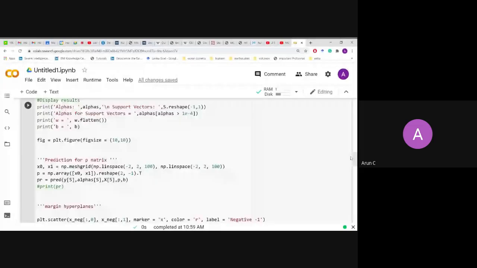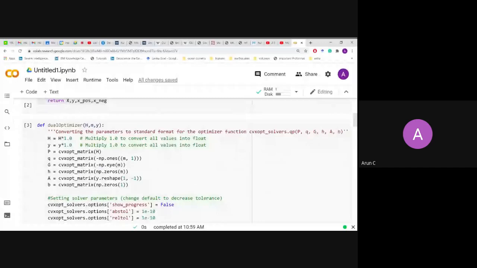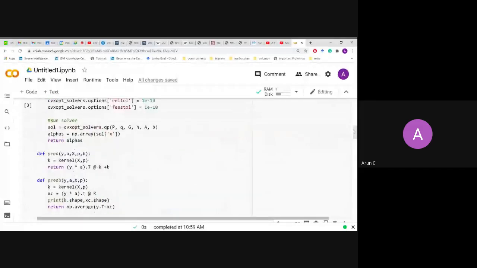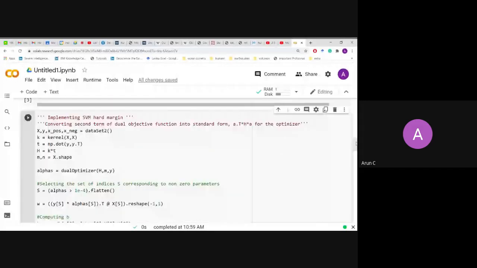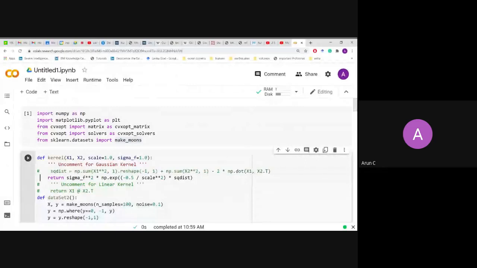I hope this is very simple to do. The only thing is, if you know the theory, everything will make sense. Otherwise, this is very few lines of code. You can even do some experiments here rather than using your kernel method. Even if you don't want to use your Gaussian kernel, you can use the linear kernel instead. Let's see what it looks like.